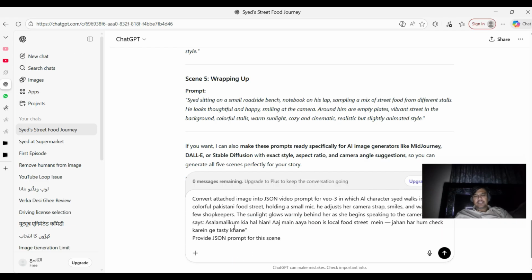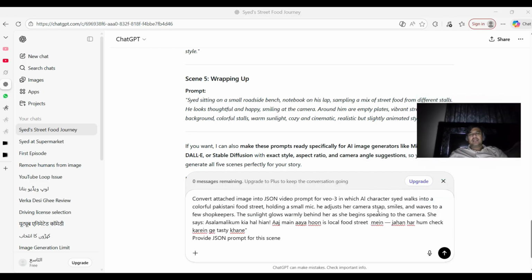So guys, here I created one of the prompt. You can put your imagination, yani if you are talking about one boy, how it will look like, how it's going on the street, with the mic or without mic, and how he's conducting interviews, how he's checking the food, and whatever. Okay, so Veo 3, for this we need this JSON prompt. After that you can get the music, any background music, the dialogues and everything, the videos.